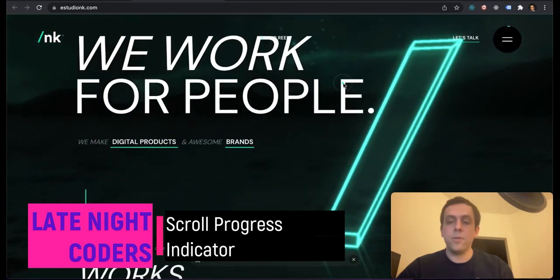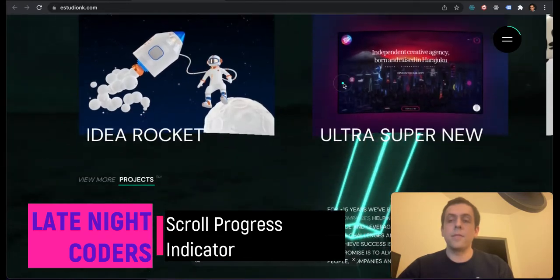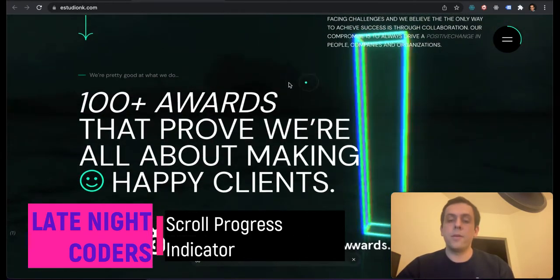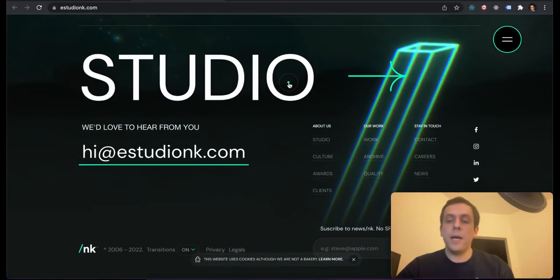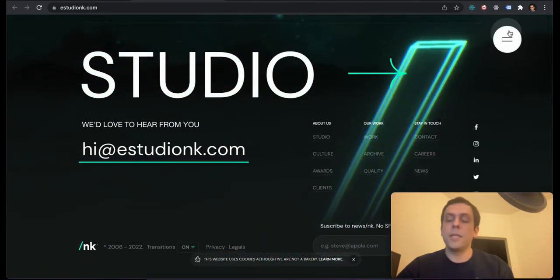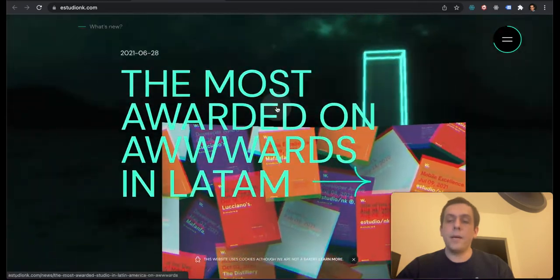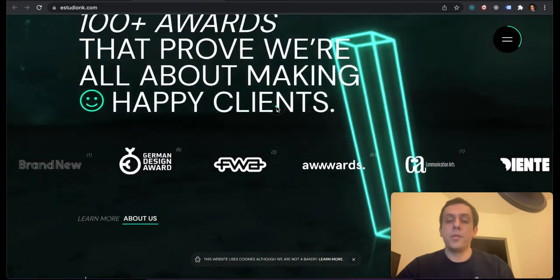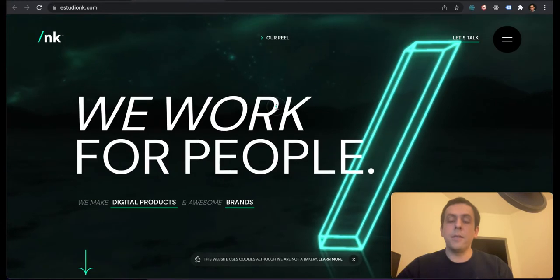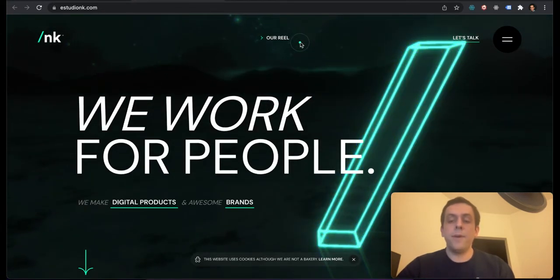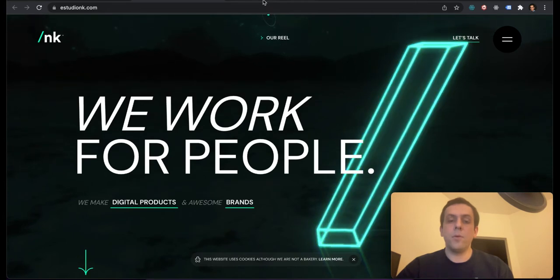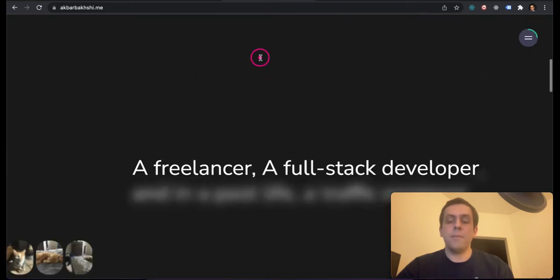as I start scrolling down, you can see that there is this green border that starts growing, and by the time I scroll all the way down, it's like 100% now, and as I scroll back up, it starts shrinking again, kinda, and then once I'm at the top of the page, it's at 0%. So I found it really cool, and I wanted to implement it in my Webflow course, and that basically is